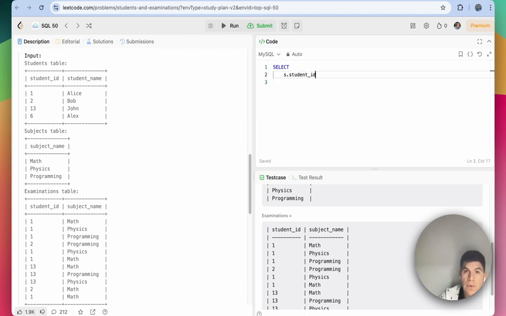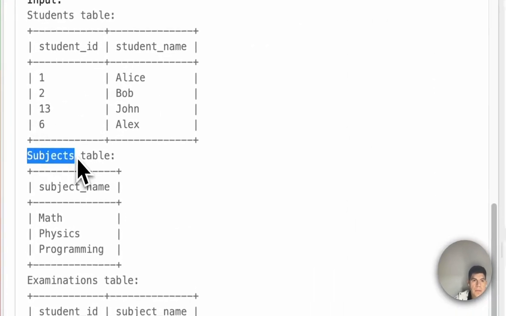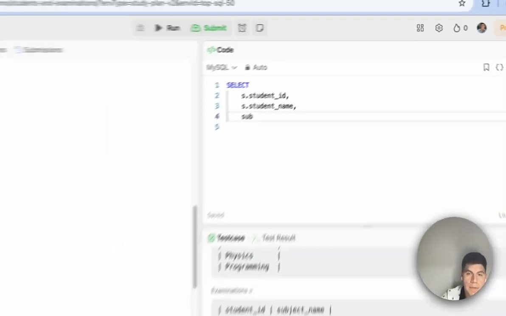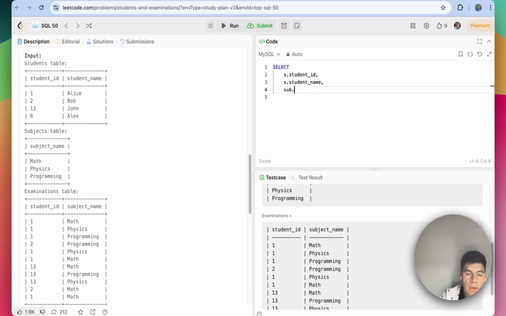We have to use a comma, otherwise it will not work. Second, we need student name, again with a comma. Then we need the subject name, which comes from the subjects table, so we will give it the shorter name of sub dot subject name,